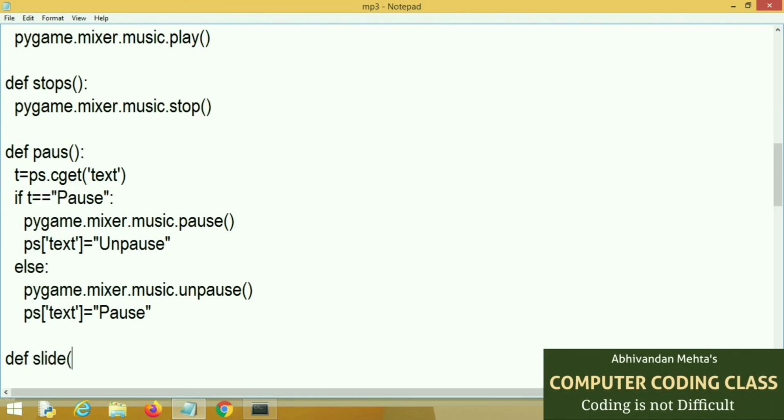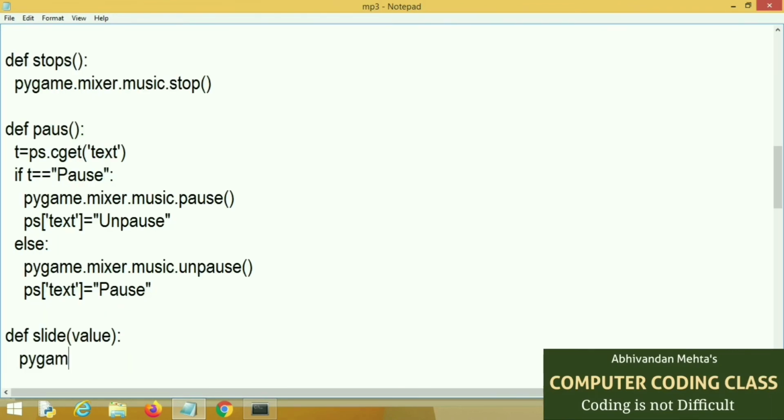Next function is the slide function, that is our volume control function that will read the status of our scale. Here we will use the set volume command.